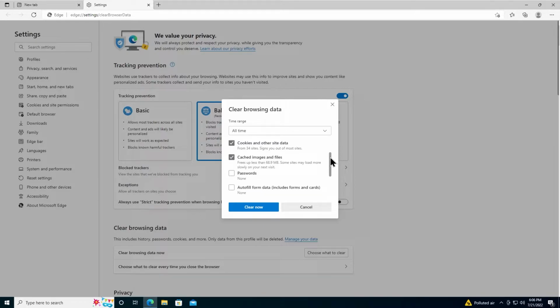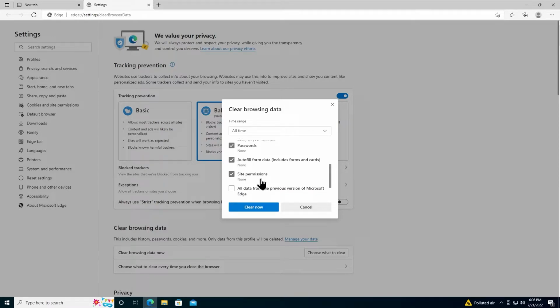All right, we can scroll down more. Chrome actually refers to this stuff here as advanced stuff, but you can additionally, for instance, when you're on Edge and you go to a website and it asks you to save the username and password, go in and delete all those usernames and passwords. You can also delete autofill data. That's like if you go into Google and you type in a box and it saves what's in that box so you can see it later. You can do that. And then site permissions,